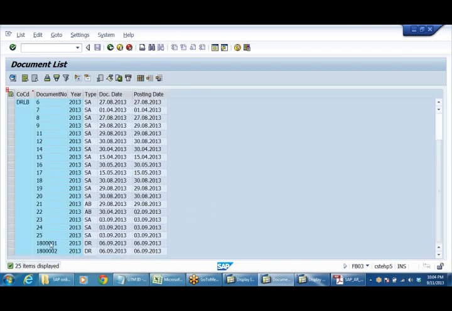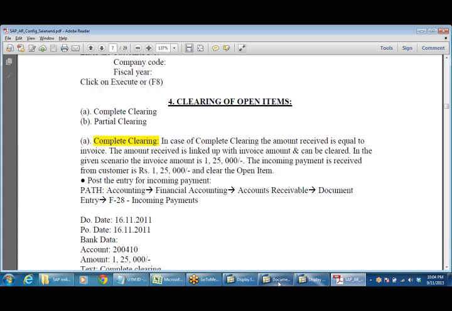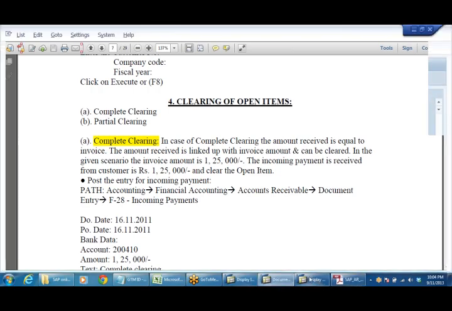Oh, I think I have not posted to this company code. Other company code, I think I have posted it. If I'm not wrong, I have posted to Sony, I guess.